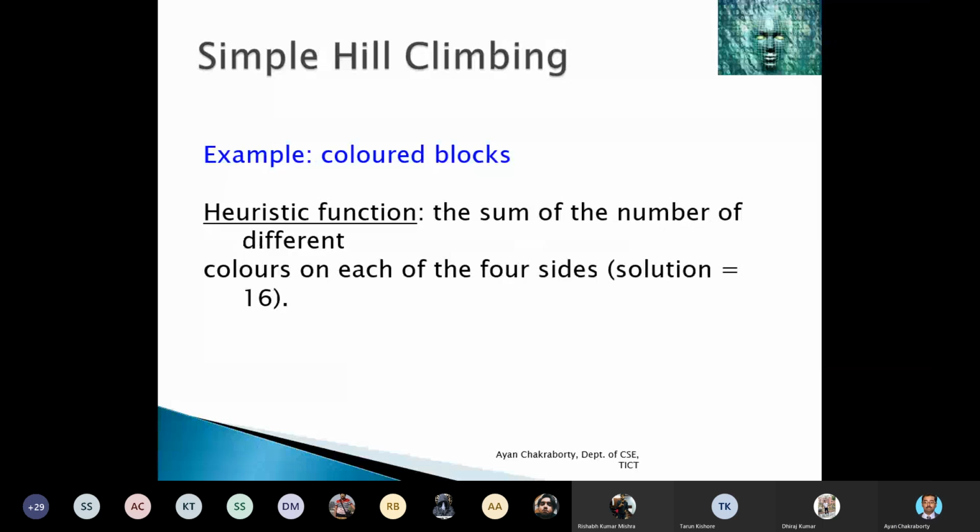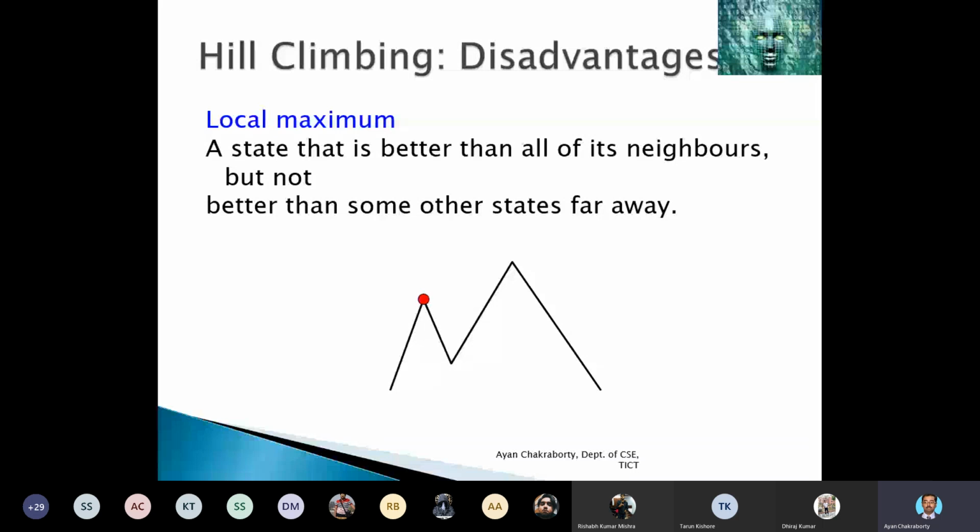Now we are going to show you the disadvantages of the hill climbing algorithm. As you can see here, the hill climbing algorithm is a purely local searching algorithm, and according to this example, it doesn't guarantee you all the time the optimality of your result.